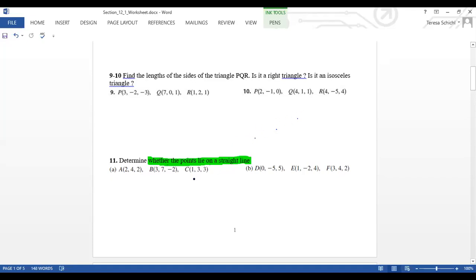But in R3 here, we did not introduce the slope concept yet, so I don't know how to find the slope with x, y, and z. We know the slope is y2 minus y1 over x2 minus x1, right? So here, the concept we use is: if 3 points are on a line in the space,